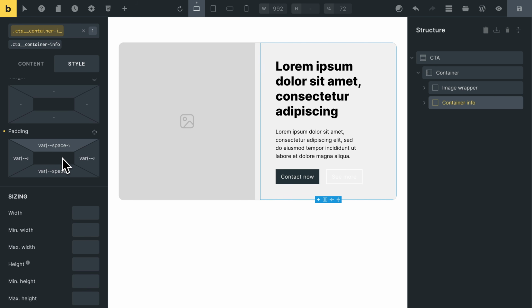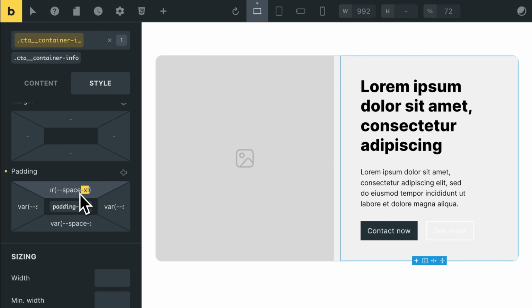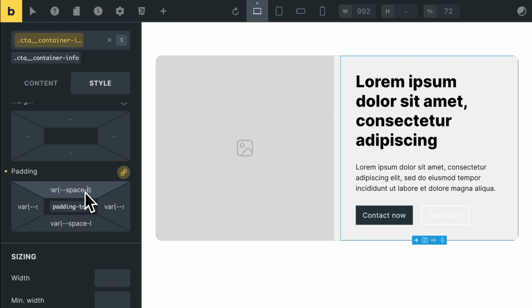And yep, the padding is set with an ACSS space variable all around, space XL in this case. So I could say, oh, hang on, I'll just link all the sides. So I could drop this down one t-shirt size from XL to L. All right, nice and easy. And it still all takes on my site-wide ACSS spacing rules. Sweet. So you can see how useful the copy and paste and rename classes features are.